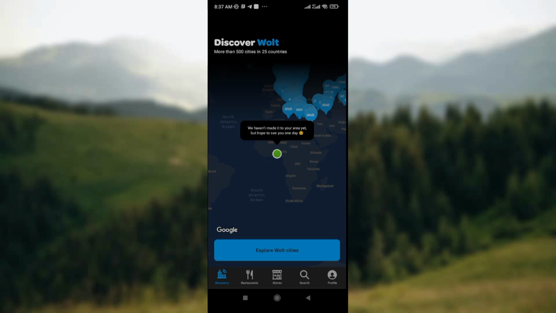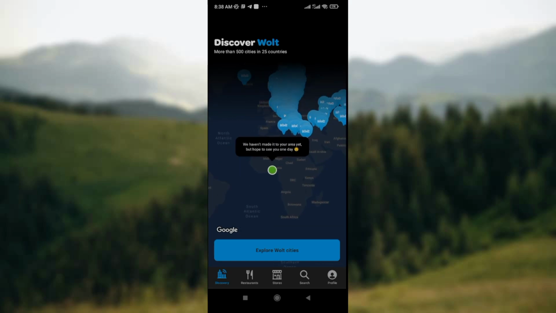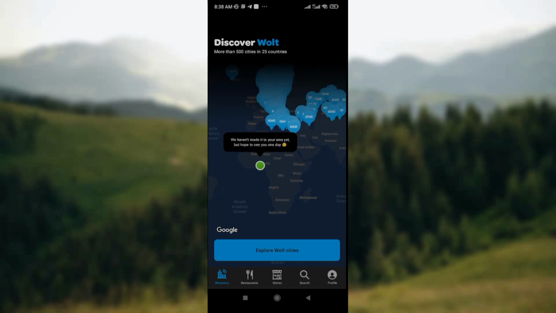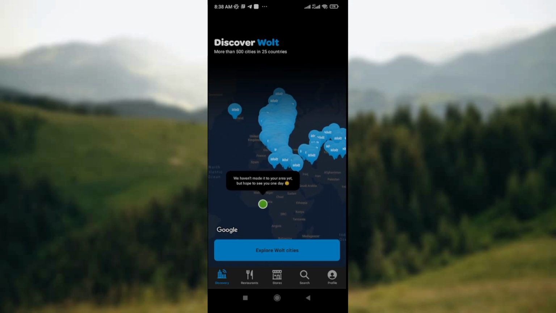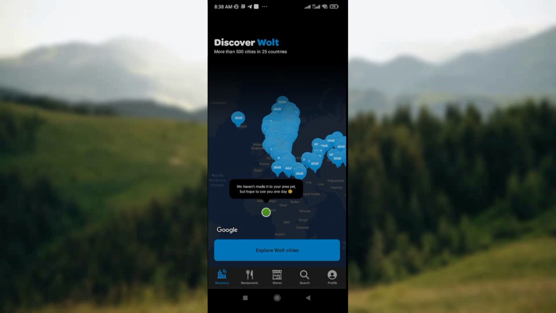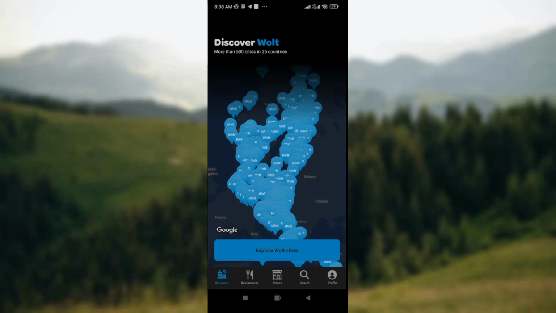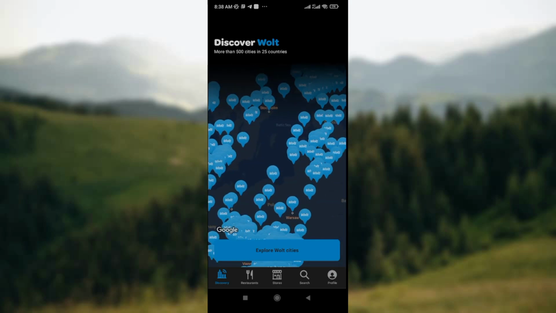The first thing you need to do is to open your Wolt app on your mobile phone, just like I've done here. Once it's launched, the first thing you're going to see is Discover Wolt, a picture of the map on your screen showing where Wolt is located in several countries or cities. You can explore and look closely to see the one that is nearest to you,